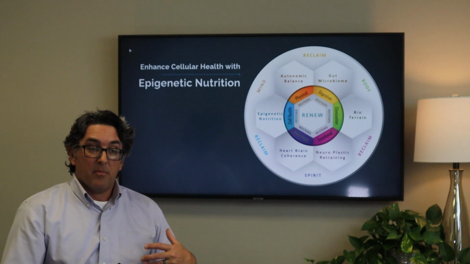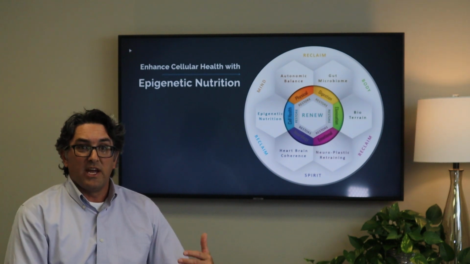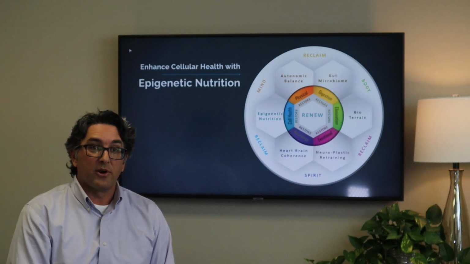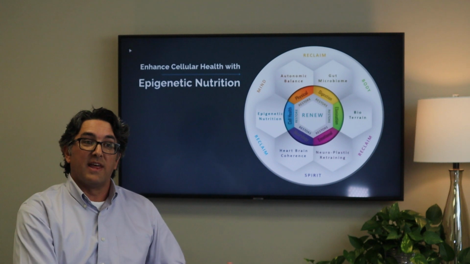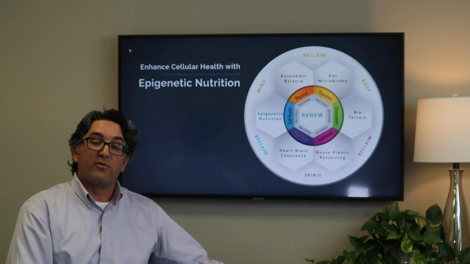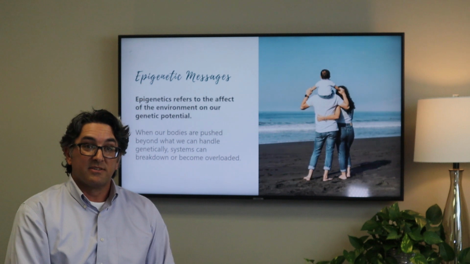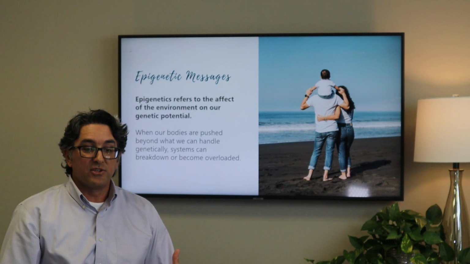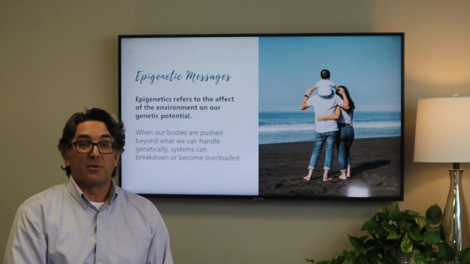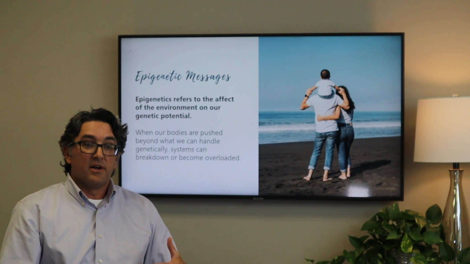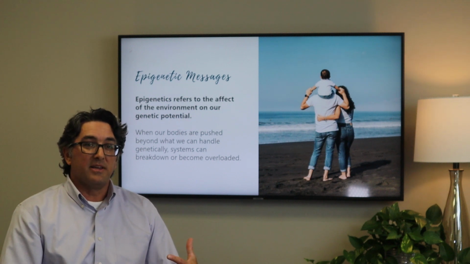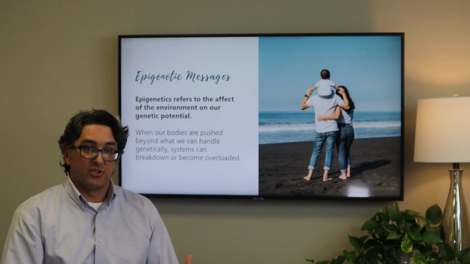Cellular health. Much of what we see nowadays with changes in our environment and changes in the foods that we eat and the types of stressors that we encounter now versus stressors we maybe encountered in the 80s, back to the 60s, and even long before that, pushes up against our genetics. And when we talk about epigenetic nutrition and epigenetic messages, what that is essentially is the environment's effect on our genetic potential. We're all born with certain genetic SNPs, they're called. And this may be a limitation in our genetic potential on a cellular level that doesn't allow our body to quite process everything as perfectly as it should.